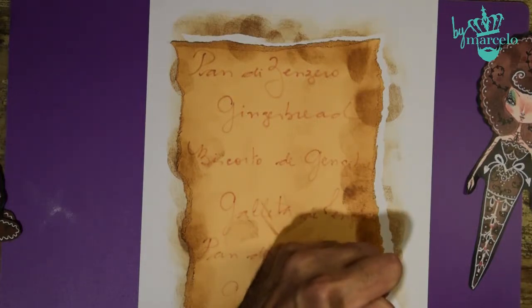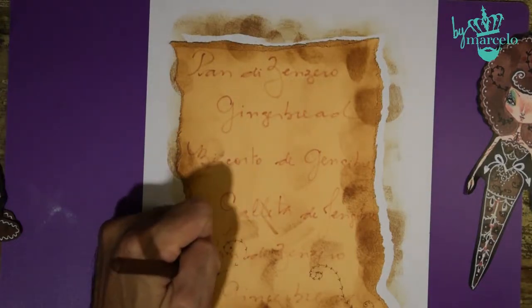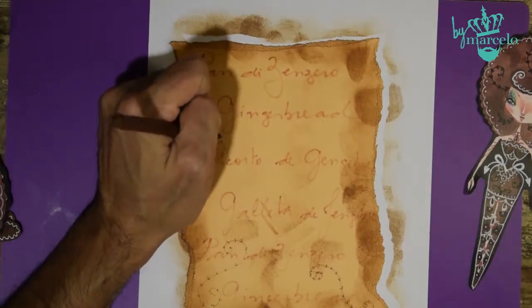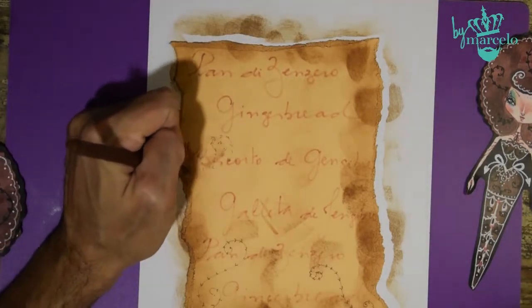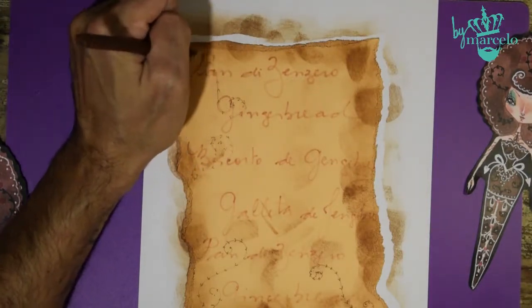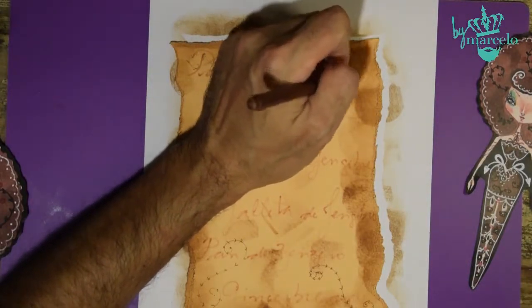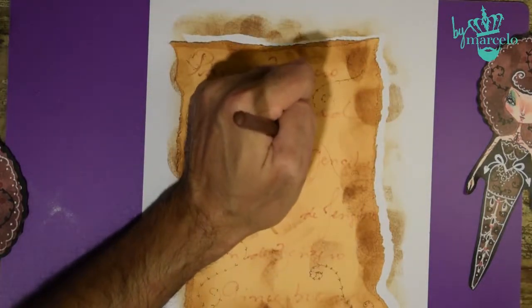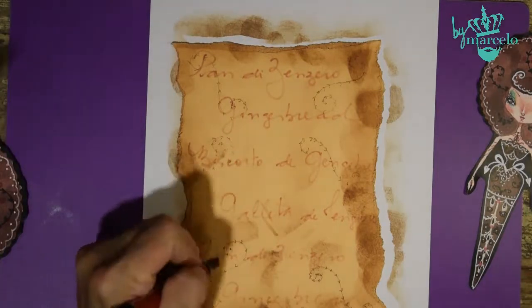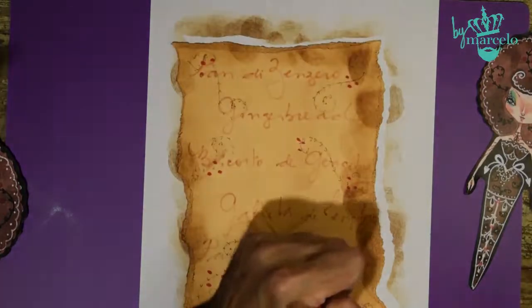With a brown fine liner, I'm going to make some arabesques here with some foliage to decorate the paper, as I made in the fairy. You can see the fairy hair, her updo is full of these arabesques. So I thought about making this here, and after that I thought about making some red spots like those little Christmas fruits,